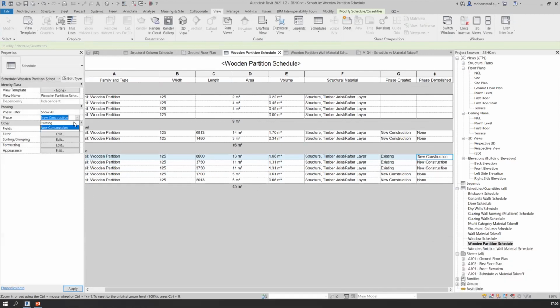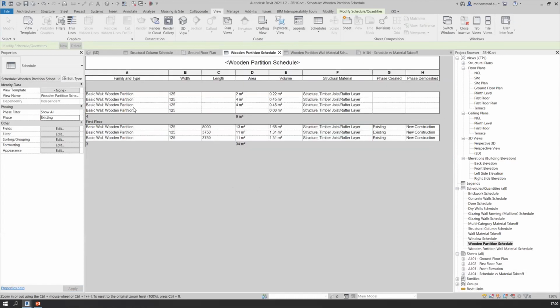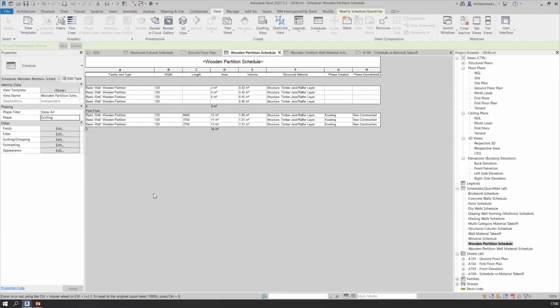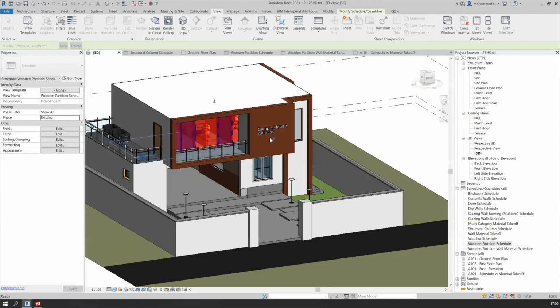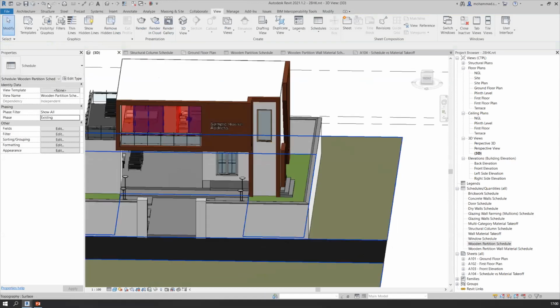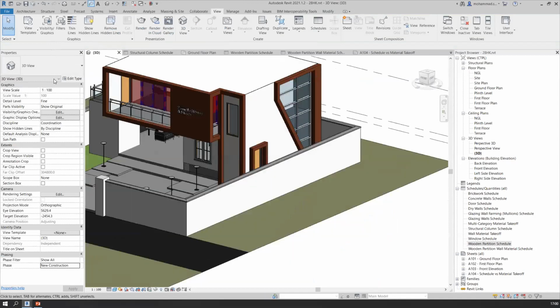And I just want to focus only on the existing phase. As you can notice, in my existing model, I have got this many walls. And for another phase, I've got more walls in this case. Right? So phase-wise, you can switch between schedules as well. Although I've messed up my model for your answer, I'll just rectify and undo these changes. And to know more about these, you can also join us separately. But I hope this answers your question.